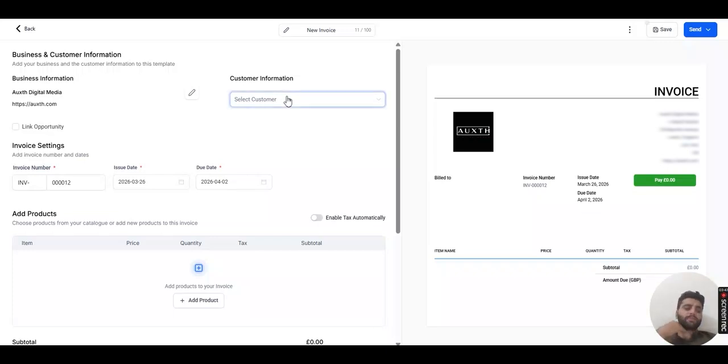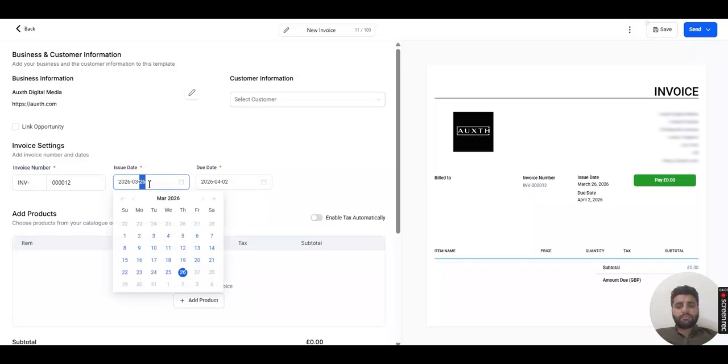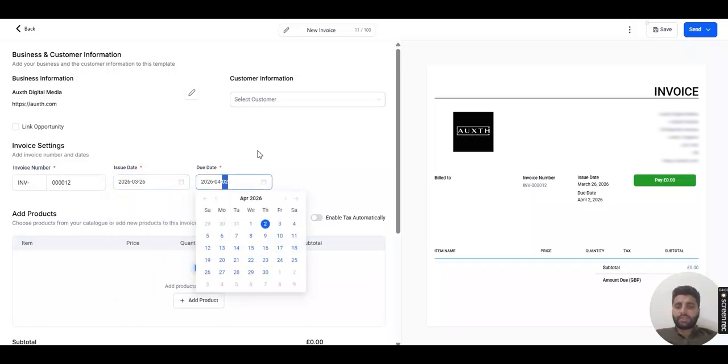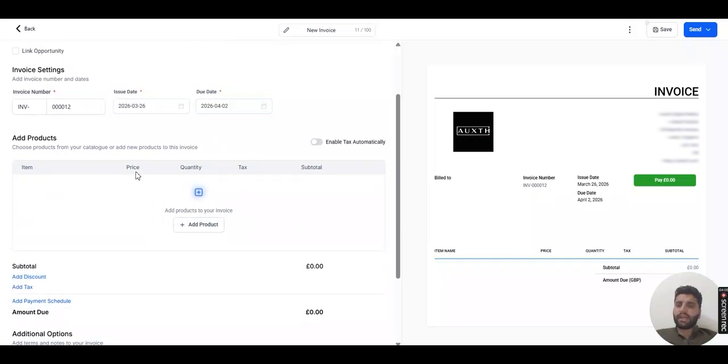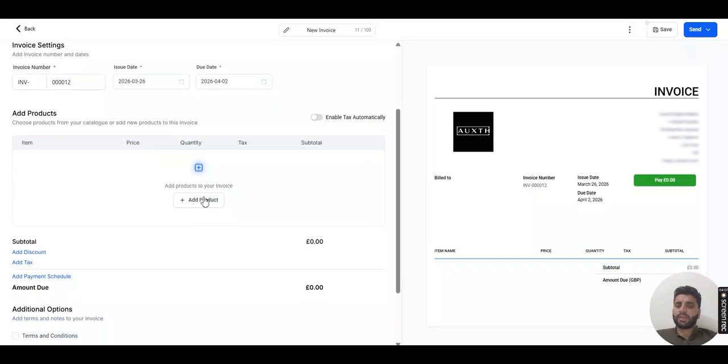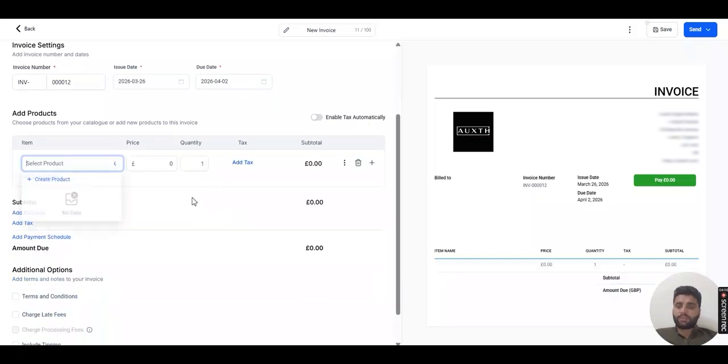Customer information means to whom you want to send this type of invoice. And after that, here is the invoice number, you can change it, or otherwise it will be built in. Other than that, you can set the issue date, the due date, things like that. Okay, and if we move below, you can add a product. Let's add the product. Okay, here are the products which are already created, but if you want to add a